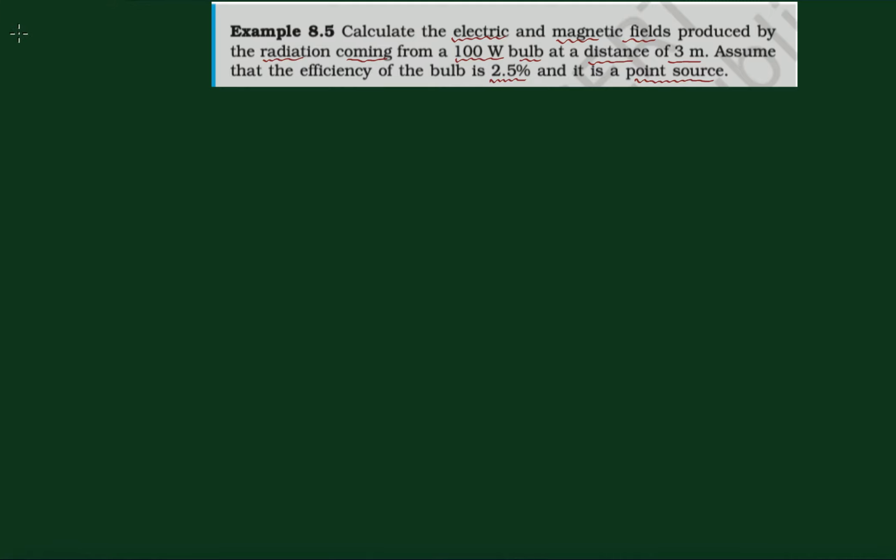The power of the bulb is 100 watt, and the distance is 3 meter, and the efficiency eta is 2.5%, and the bulb is a point source. जो आपका बल्ब है वो एक पॉइंट सोर्स ऑफ लाइट है, राइट।